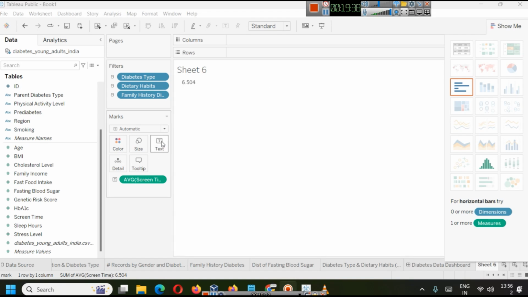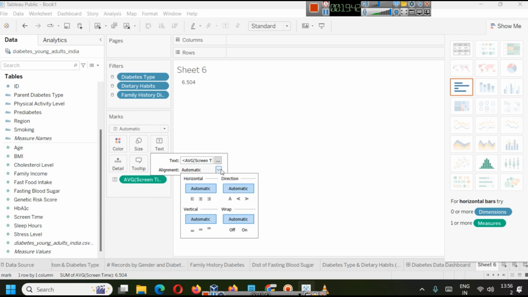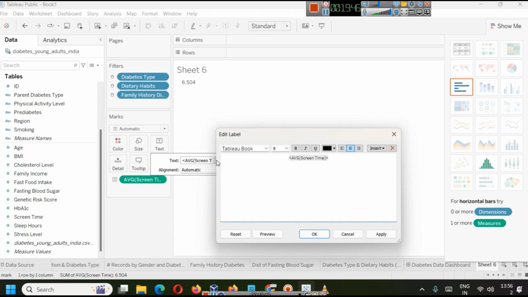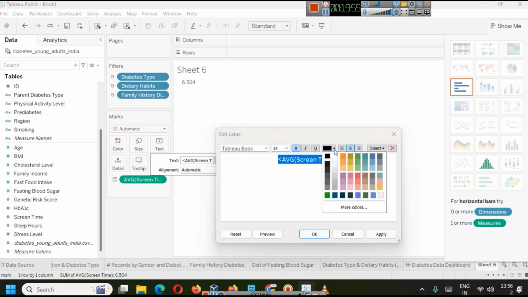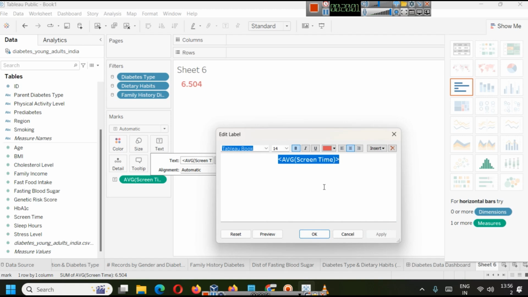Because it's a text, so you can click here and you will see text, its alignment etc, everything is given here. We will click on these three dots, and here you can select it. And let's select 14 size here, bold font here. Let's say we select some color from our palette, let's say this one, just giving you example. So this is showing average screen time, and here we can write our own